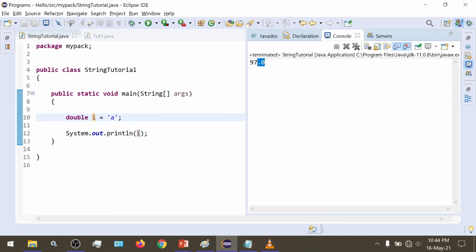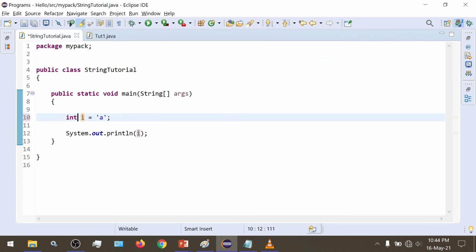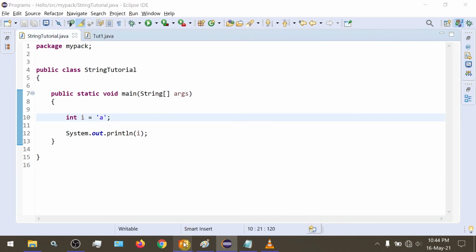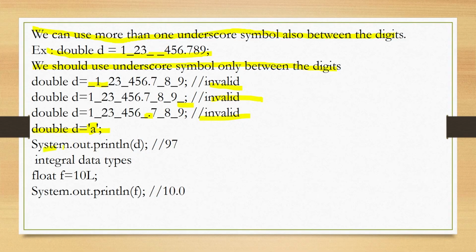If we give int here and run our program, then we would get proper 97 as our output. So here when we print this, we get 97 or 97.0 as our output.